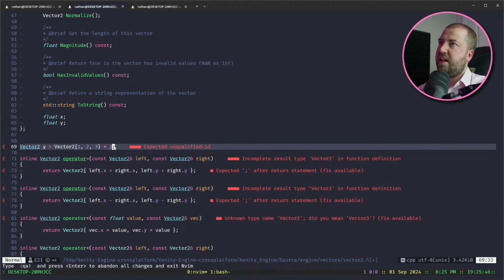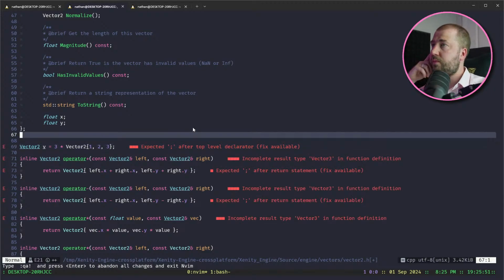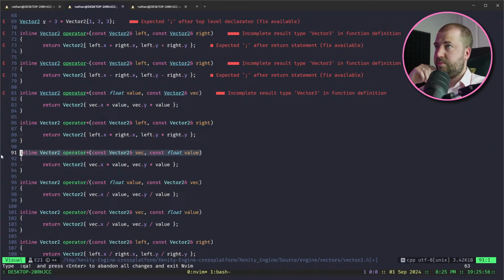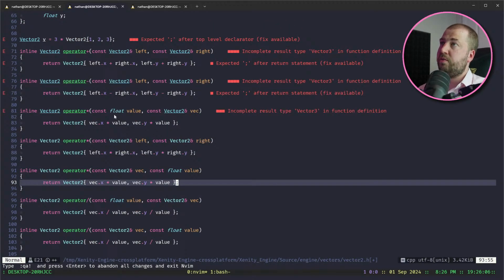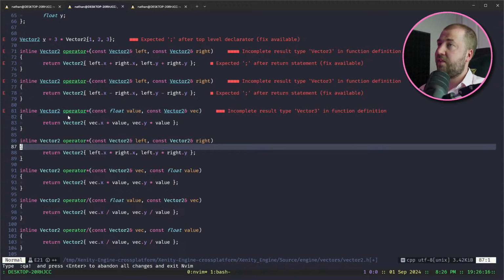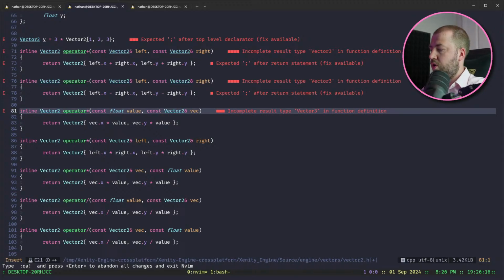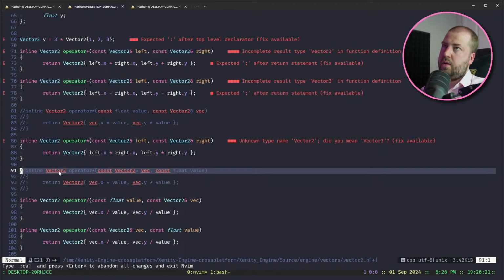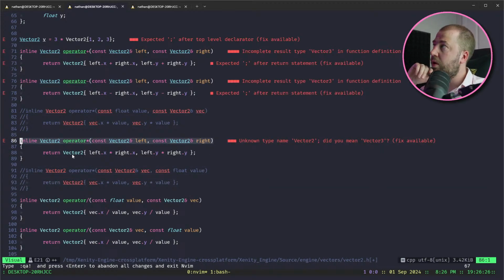But the problem you have is that I also want to do this. And then C++ is going to say, you've told me how to do a vector on the left and the float on the right, but I'm totally out if you want to do a float on the left and vector on the right. So you have then had to provide an additional overload for that, but you can remove that need. In fact, what you can do is drop both of these, and you can just use this one